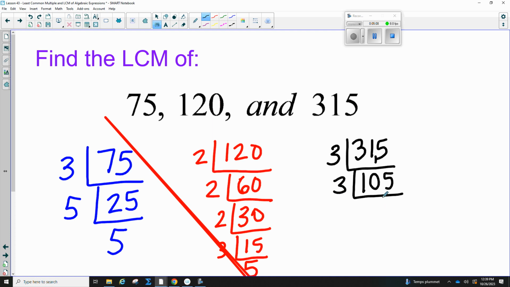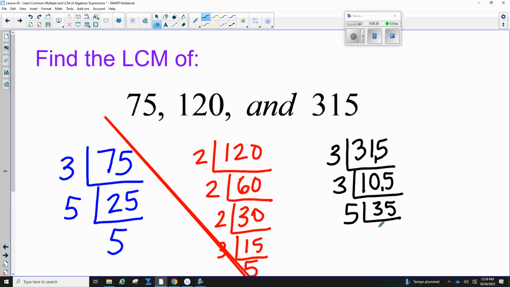You're going to do 3 into 10. How many times does 3 go into 10? 3 times. You subtract in your head. What's 10 minus 9? And you put the little 1 right here. So now you're doing 3 into 15, which is 5. All right, now 3 does not go into 35, so the next prime number is 5, and that goes in